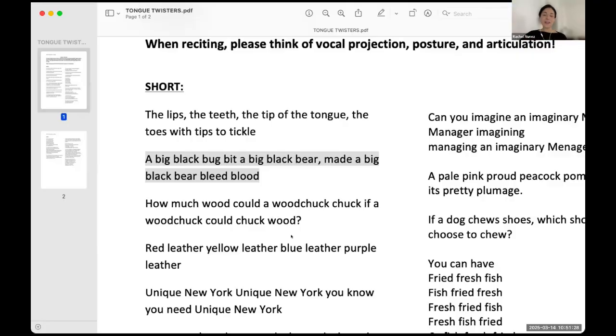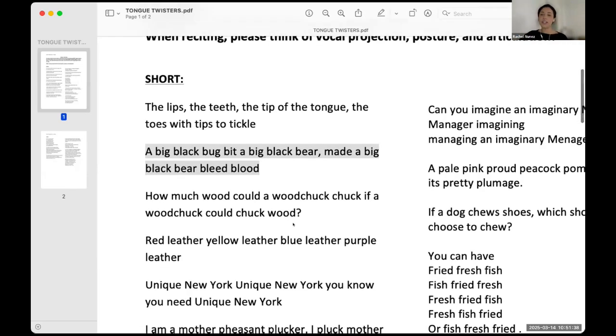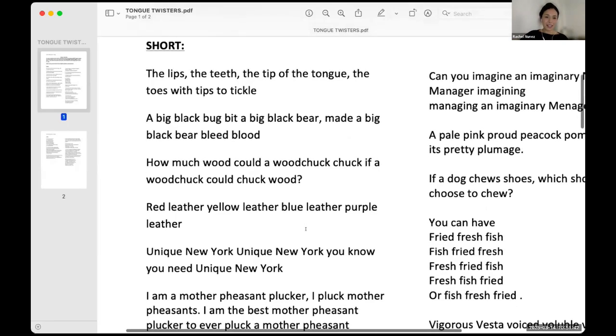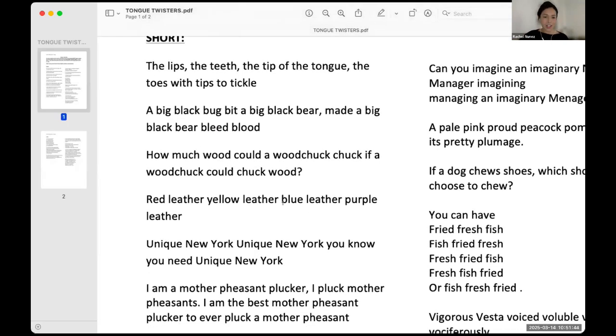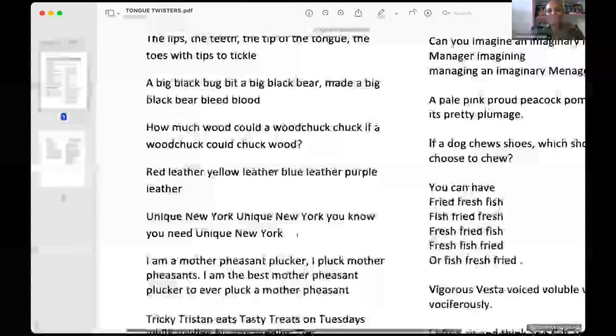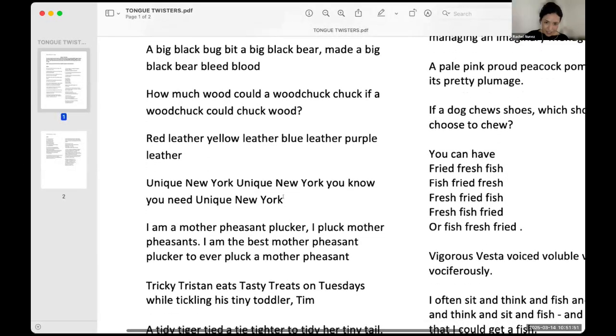We're going to try another one, and then I'm going to show you another good worksheet that I'm also going to add to your resources, so you guys will have access to it. I'm going to show this one after, but I'm going to do one more tongue twister before I show that worksheet. Okay, the next one I'm going to choose is: